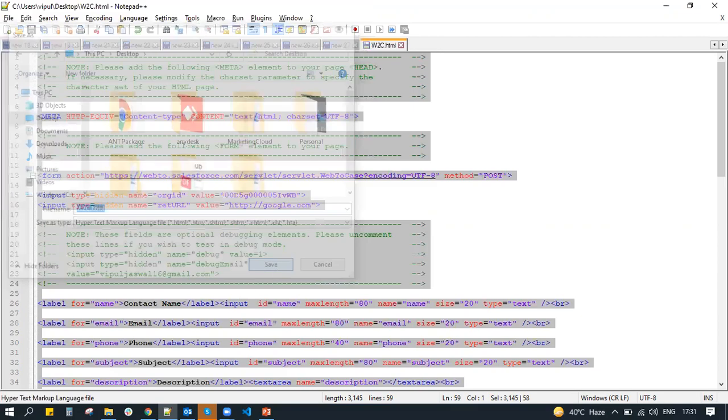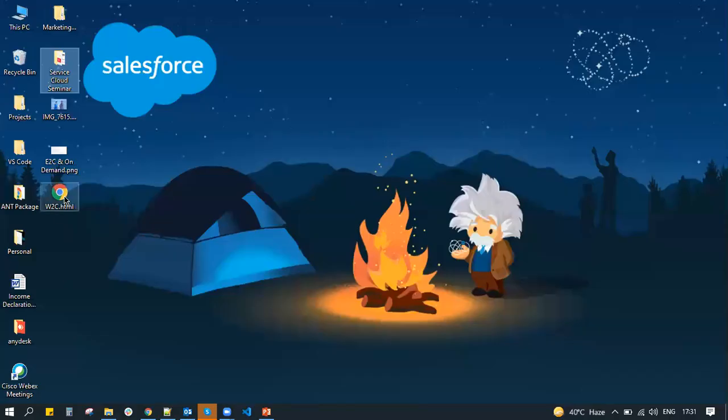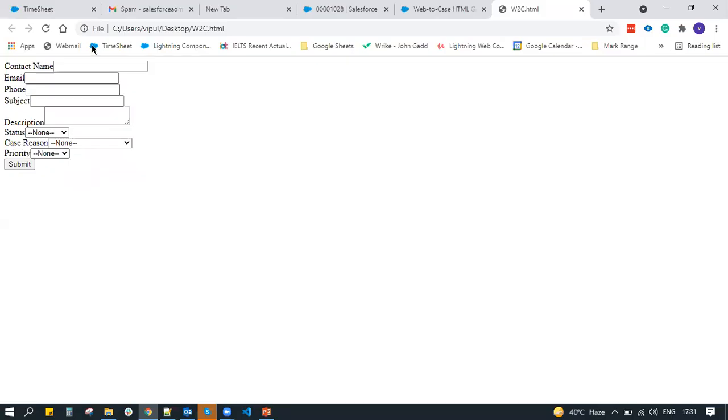Just save it. Now you have to double click it. So here you can see a form has been opened. Just name it Vipul. Email is vipul@360dc.com. Phone is 123. State of W2C.